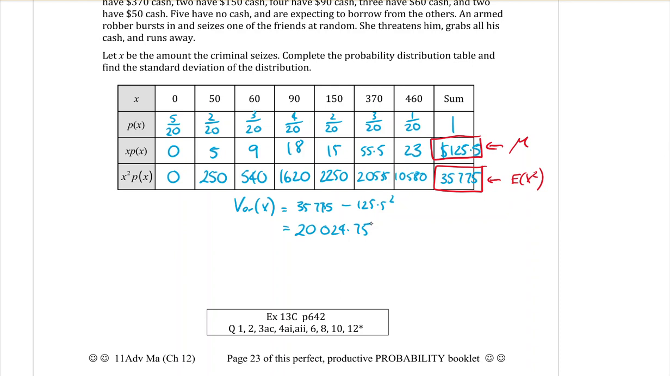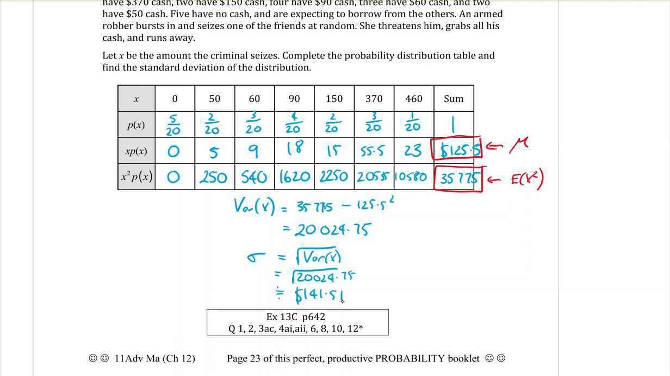What is that as a standard deviation? Remember, the standard deviation is equal to the square root of the variance of x. So all I have to do is square root the 20024.75, and the standard deviation is approximately equal to $141.51. So that is the spread, the standard deviation. The spread is $141.51, around a mean of